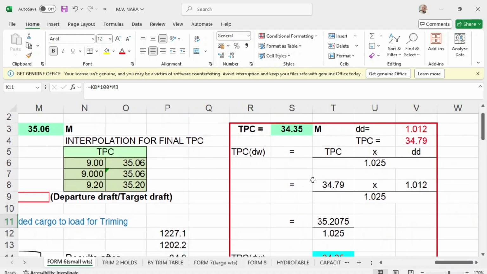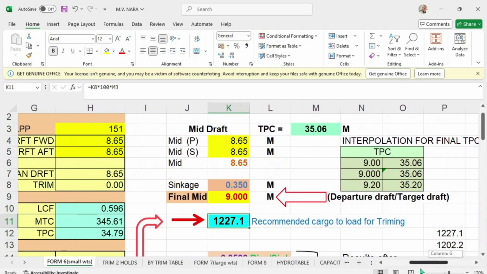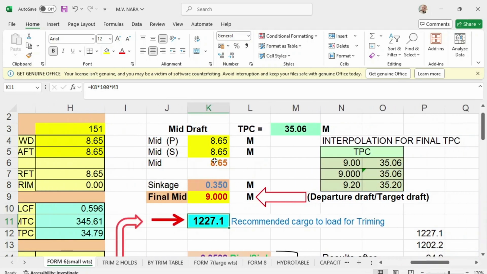We will concentrate on the problem. The problem says we must compute for the dock water TPC because we are now floating in a density of 1.012. So this is now the formula of getting this dock water TPC: TPC times the local density over 1.025. So what is the TPC of 8.65?